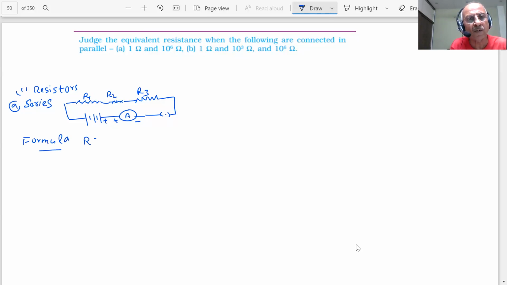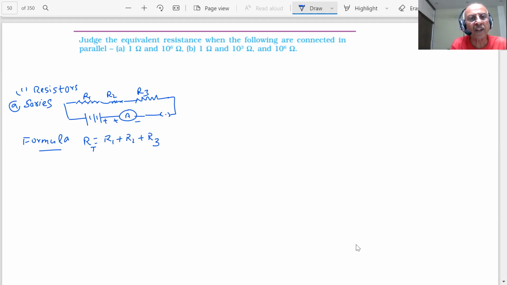R is equal to what? What is the total resistance when you connect them in series, student? What is the formula? Tell me, student, fast, 30 seconds. What will be the total or effective resistance when you connect them in series? So the total resistance will be equal to R1 plus R2 plus R3. That is the absolutely correct answer given by Anya.